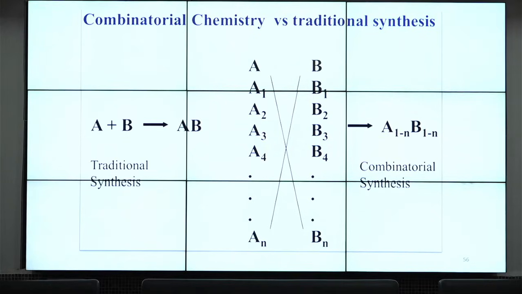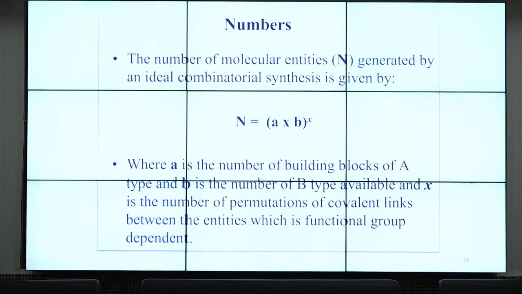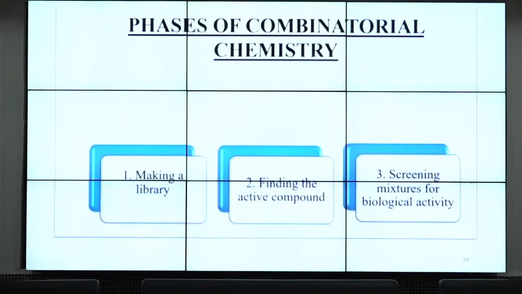These are all varieties, but here you are just changing the different reagents on a substrate. In some parts it might be linear, and then all sorts of permutation combinations give you the library of compounds. So the molecular entities generated by combinatorial synthesis increase exponentially in this fashion, and you can see the power on that. It is not linear, not an arithmetic progression, but a geometric progression in the number of molecules. Making the library, finding the active compounds, screening the mixture for biological activities,